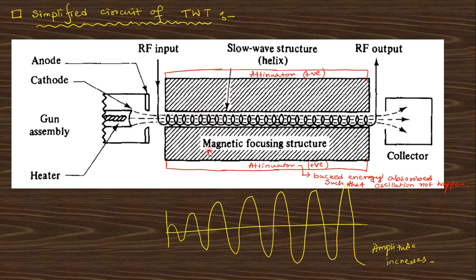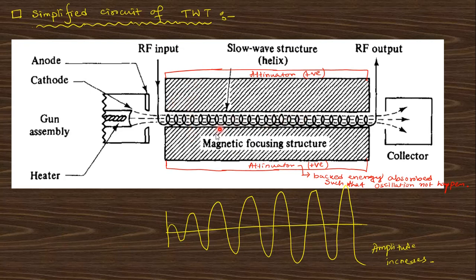What is the need, actually we want to understand why we make this spiral or helical, why we make the helix like structure for this RF power. Why? Because you think that here the wave travels with this electron. In the before case, this wave does not travel with electron, but here the wave travels with electron, and this wave is nothing but RF wave, and the speed of the RF wave is 3 into 10 to the power 8 meter per second. This is the speed of light in free space.